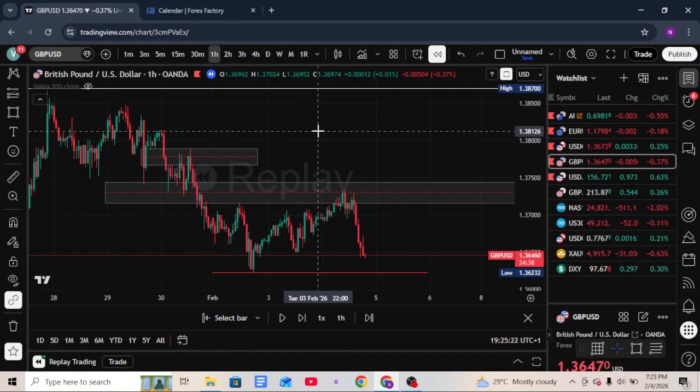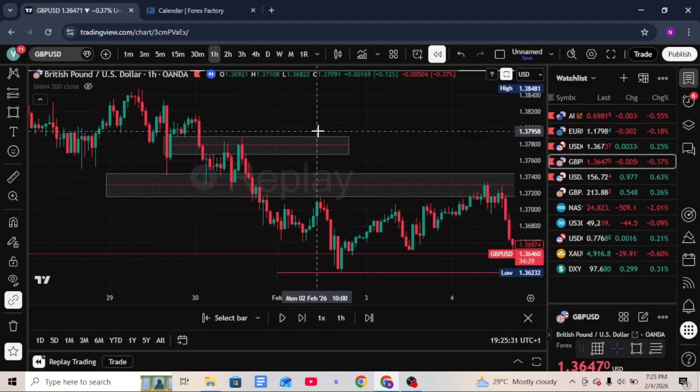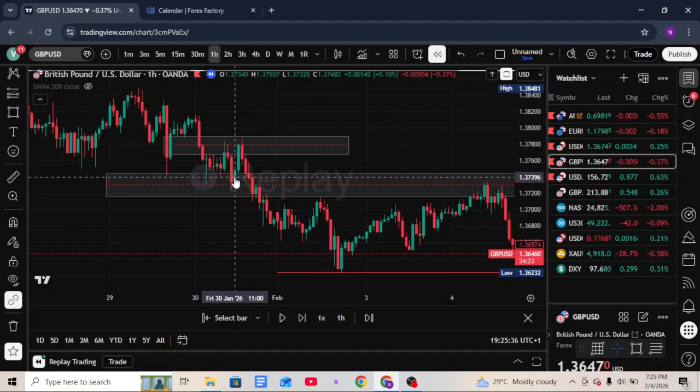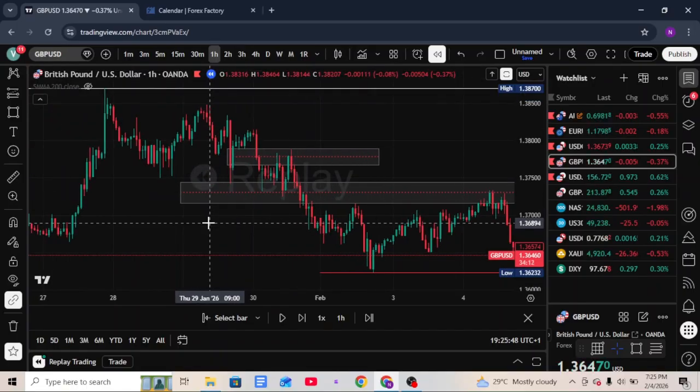First of all, you want to see a sweep of a high or a low, a close below the candle that made that high. That's the bullish candle that made that high. The last one, can you see my cursor? The retest of that, and you can sell off. Or you want to see a close above the series of candles that made the low, a retest of that order block, then you can buy. So it shows you when the market is about to change its strength and gives you